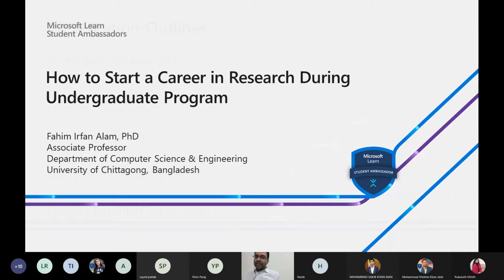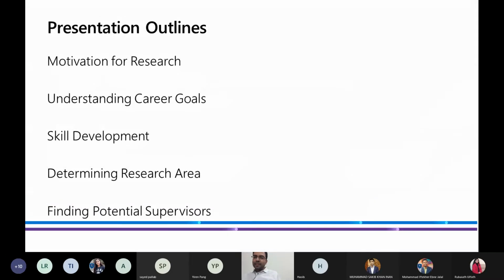These are some things that I would like to touch on, probably not in a very sequential order, but you will get the idea of what I'm trying to say. It is very important that we understand or get motivated by research work, because nobody is going to force you to pursue research. It's all on you. You can refuse to do research, or you can jump in to do intensive research. It depends on your driving force.